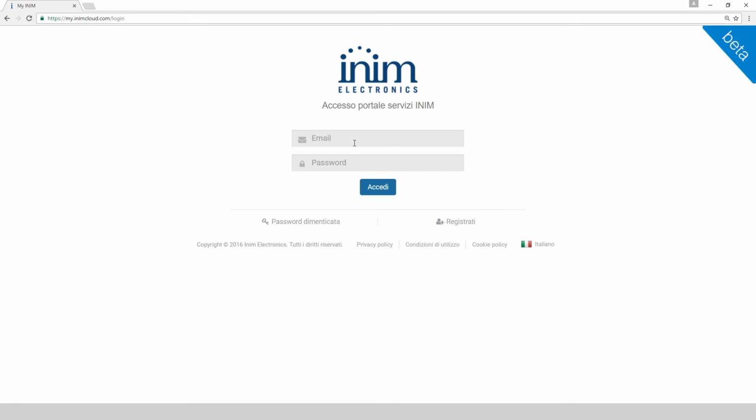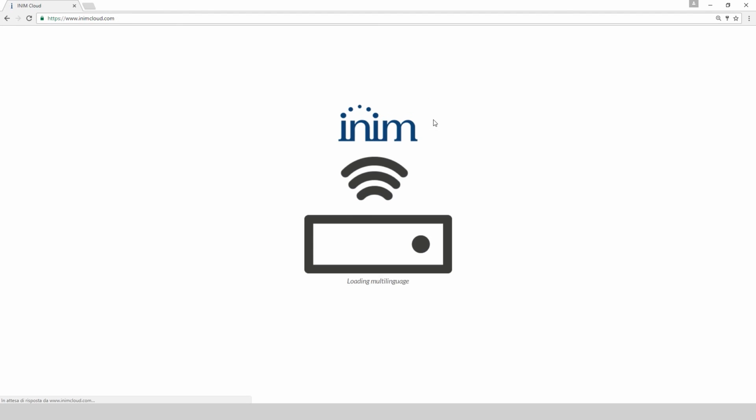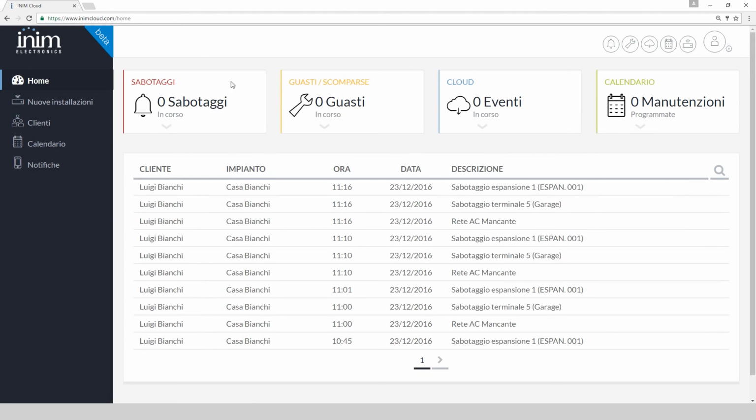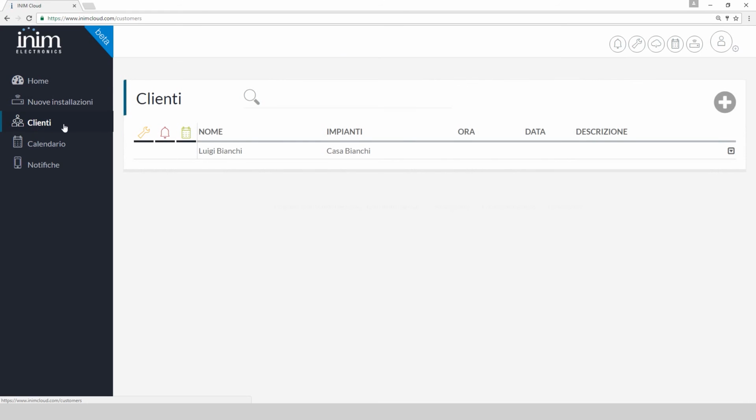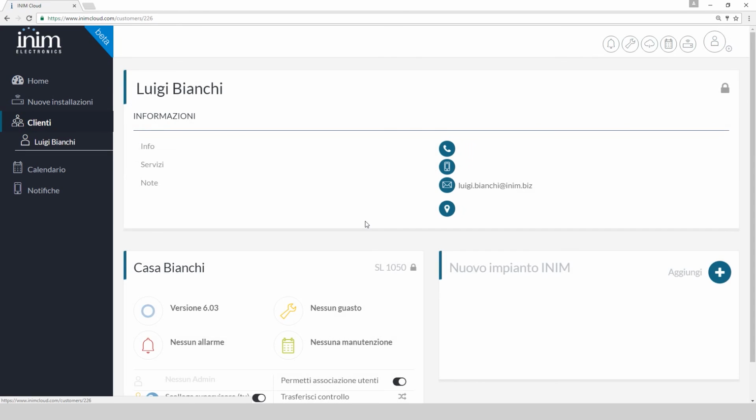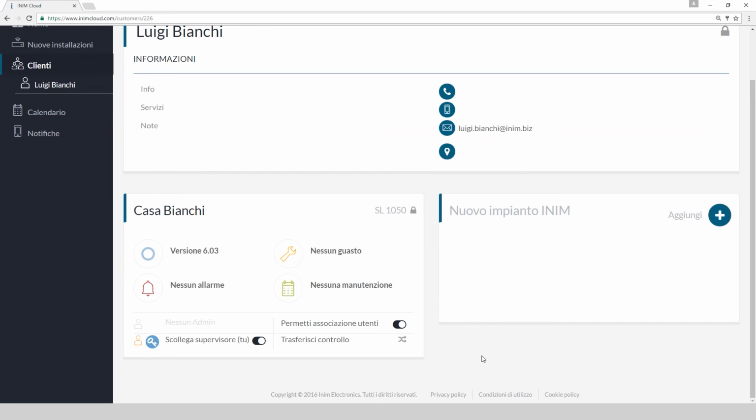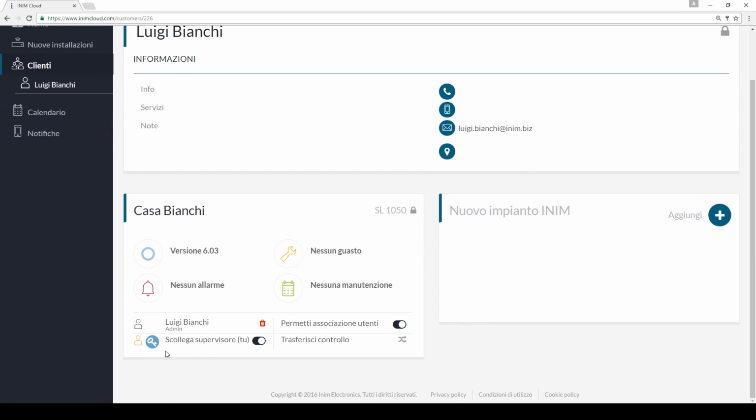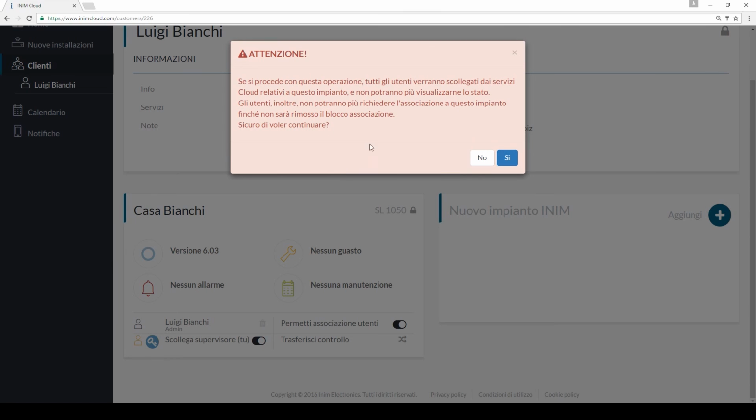Let's see what happens when system ownership belongs to the installer instead of the user. First, attain access via your installer account. Go into the System page of your client. The key icon confirms that ownership belongs to the installer. It is possible to disable all the bound users,